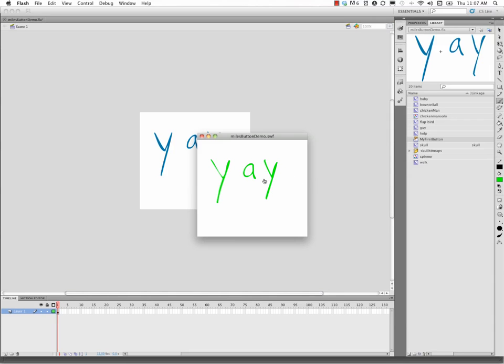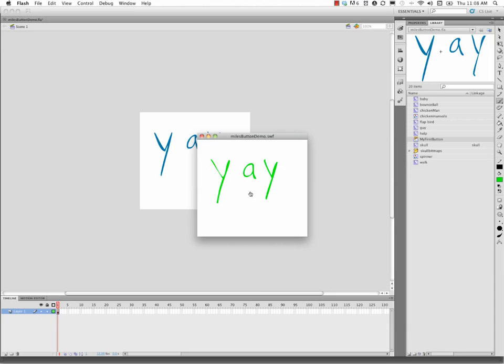And now as I roll over it, and again that rollover is activated by the hotspot that I defined in the hit state, it turns green. And it also changes position, which I did just because I spastically drew over the top of it. But that might be something that you like, that kind of move, that little bit of a shift is